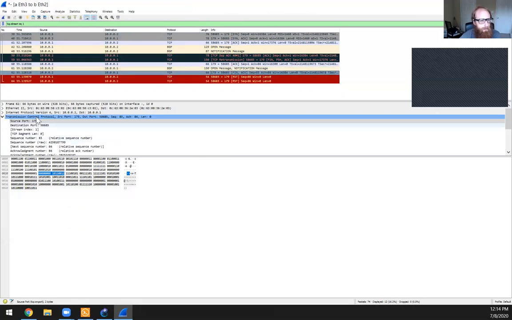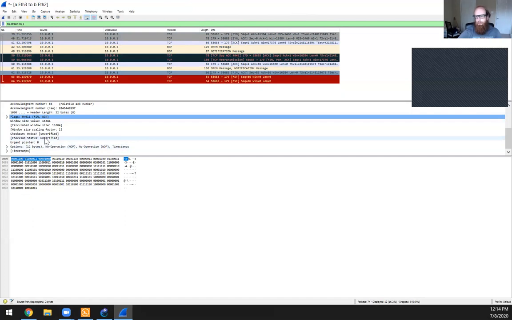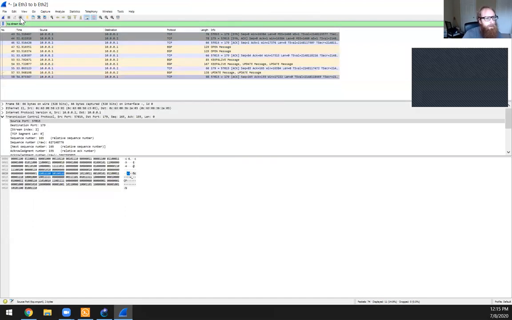And here's the FIN-ACK. You're not allowed to create a session because I will do it because I have the higher BGP identifier. So now we can see from the perspective of router 2,